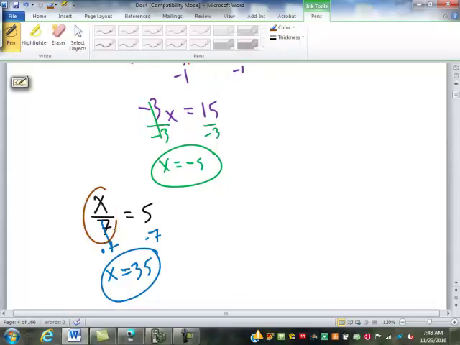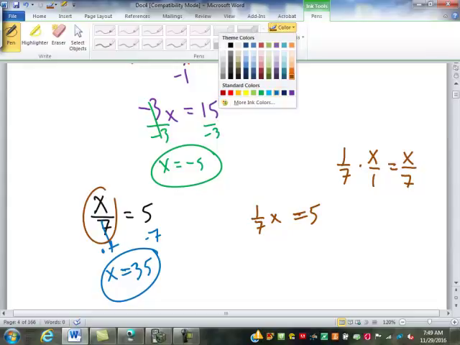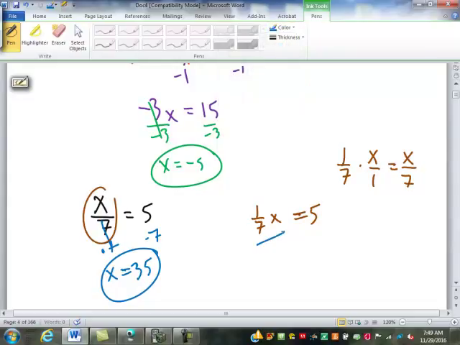Another way that you could think of that x over 7 is as 1/7 times x. As you think about it, 1/7 times x becomes 1/7 times x over 1. 1 times x is x, 7 times 1 is 7. It's x over 7. So 1/7 x is the same as x over 7. Now, if it was 1/7 x equals 5, how would we solve it? Well, we'd have to divide by 1/7. So dividing by 1/7, you're going to multiply by the reciprocal, which is 7 over 1, or 7. So we get 35. The reason I bring that up